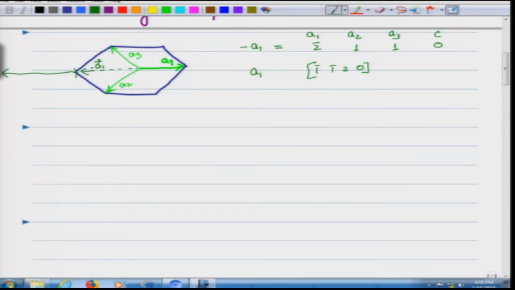So, this is minus A1, this is minus A1, this is minus A1. So, this is 3 times of that. I will therefore have to multiply it by a factor 1 by 3 and take the negative of this, because to make it simple, I have taken a negative direction. Now, using the same principle, I can get A2 equal to 1 by 3. Similarly, A3.